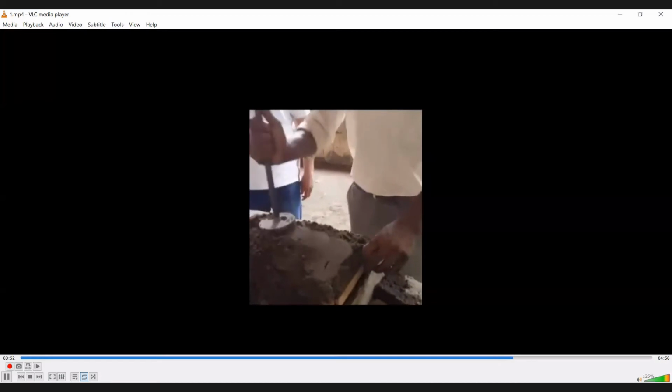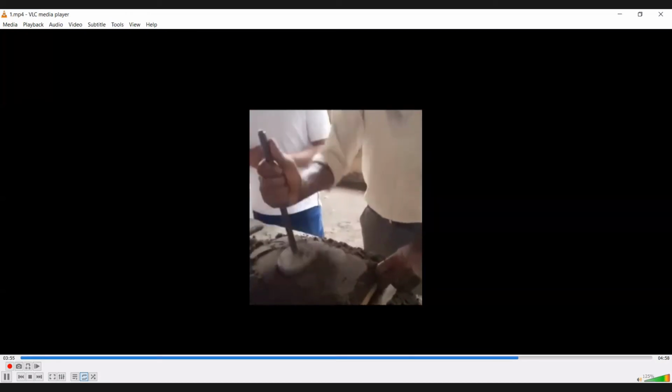And if you make the ramming too loose, what will happen? The box will not hold this sand, and when you pick the box up, you will find sand will remain on the ground and the box is in your hand. Now this tool is the flat rammer. The purpose is to pack the upper part of the molding box. So this way you can pack the upper part of the molding box.